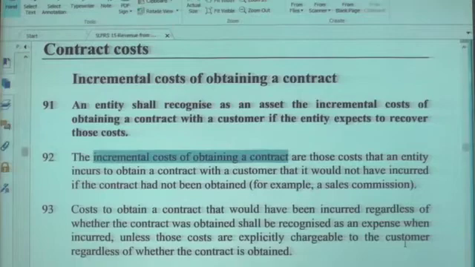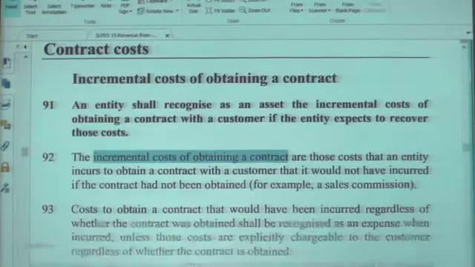Those expenses, traveling expenses, project proposal expenses, experts' costs, everything incurred before obtaining the contract, but to obtain the contract, shall be charged into profit and loss. Is that clear? It's just like a research expense, shall be charged into profit and loss. But if the customer agreed to pay those, you can debit them into the contract asset account. Is that clear? Correct? Right.